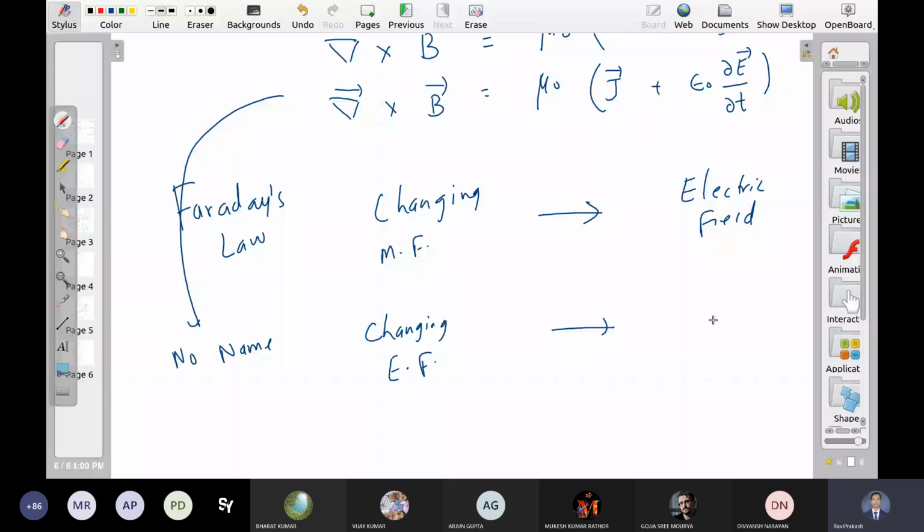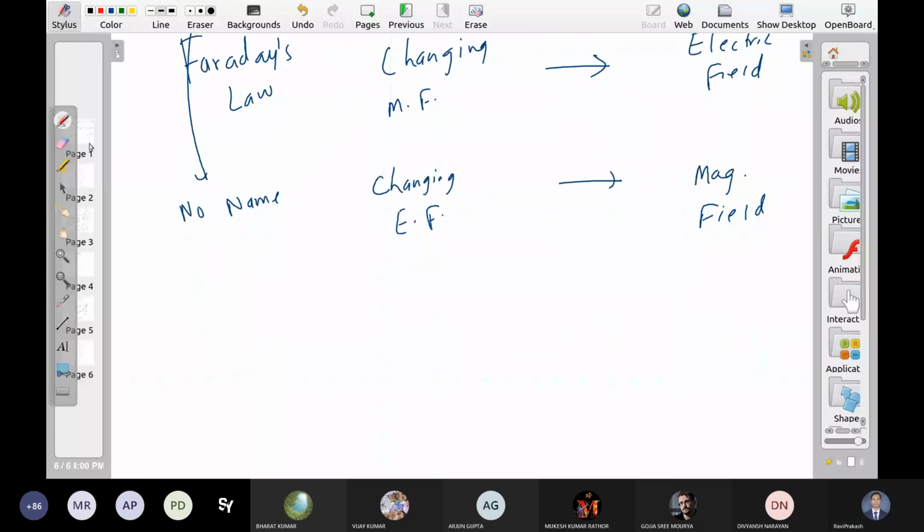So one of you, I think in your class or in some other class, ask this question. How do I calculate magnetic field for a non-steady current? यदि current non-steady है, then Biot-Savart law does not work. In that case, which law works? यदि Biot-Savart law काम नहीं करेगा तो आप कैसे calculate करेंगे? This is the answer. इसे solve कीजिए.